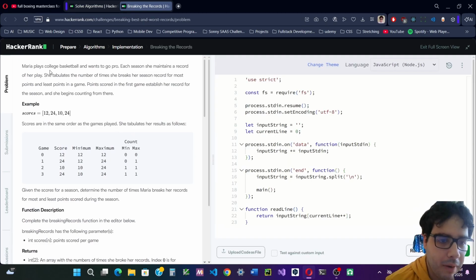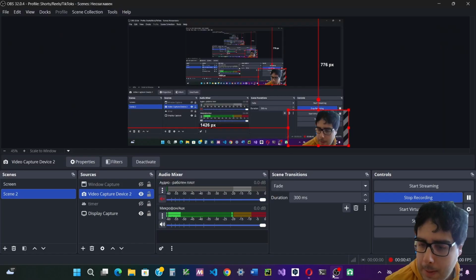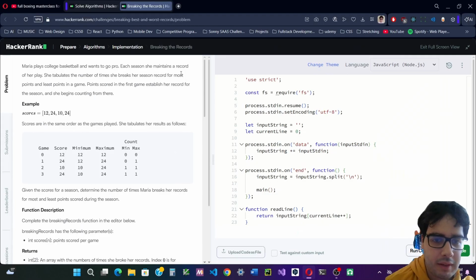Maria plays college basketball and wants to go pro. Each season she maintains a record of her play. She tabulates the number of times she breaks her season record for most points and least points in a game. Points scored in the first game establish her record for the season, and she begins counting from there. The scores are in the same order as the games played. She tabulates her results as follows: